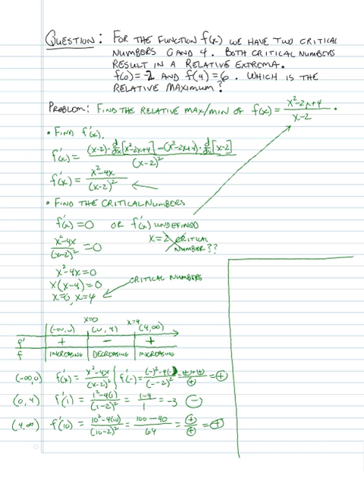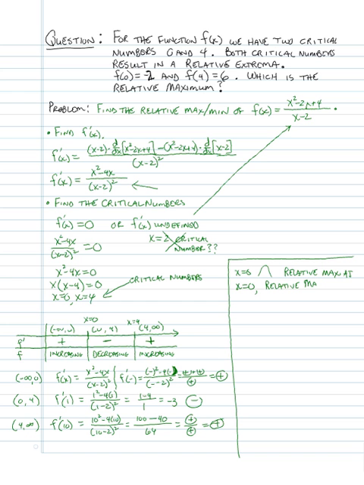At x equals 0, the graph changes from increasing to decreasing. See, at x equals 0, we're increasing, and then we decrease, don't we? That's what this tells us. And so that means that we have a relative maximum at x equals 0. And the way we determine what that maximum is, okay, the relative maximum is the value